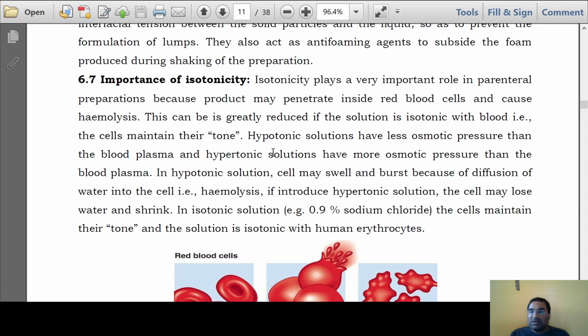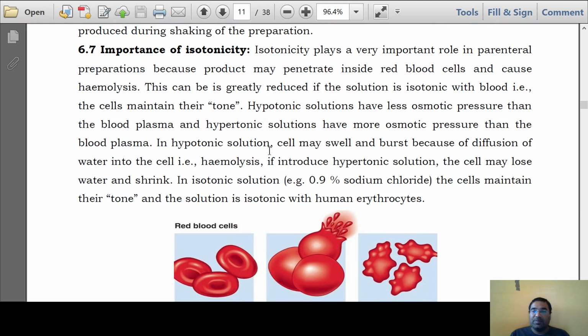Hypotonic solutions have less osmotic pressure than the blood plasma, and hypertonic solutions have more osmotic pressure than the blood plasma. In hypotonic solutions, cell may swell and burst because of diffusion of water into the cell, that is hemolysis. If you introduce hypertonic solution, the cell may lose water and